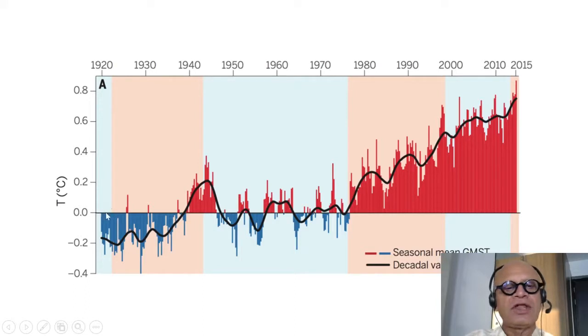showing anomalies with respect to some base period, which is I think 1960 to 1990 or so. And when we started the 20th century, the global mean temperatures were below this base period. So you can see the blue colors here, and these red colors here is where the temperatures jumped up, and then there were ups and downs before we hit the mid 1970s that I mentioned as the time which is